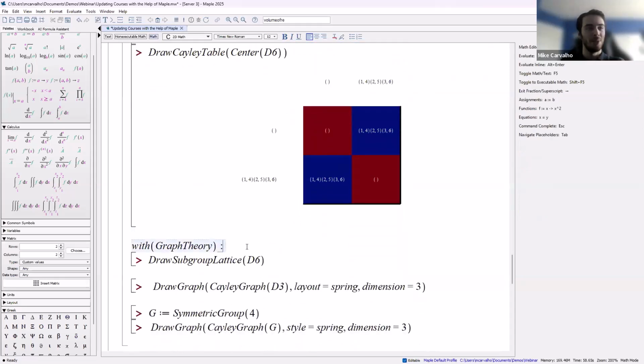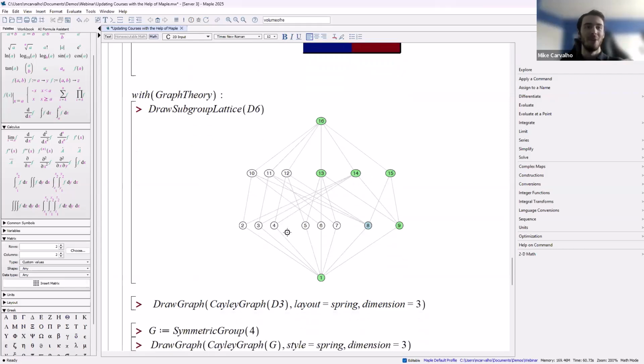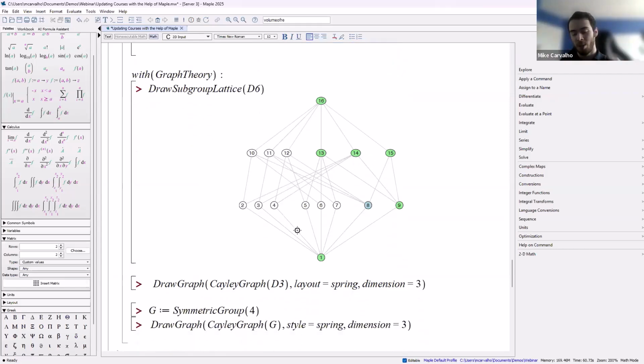Again, there's lots of very useful commands for all the corners of mathematics. And this one here, we can look at the entire subgroup lattice. And it's all organized in a way to present as much information as possible, right? This is software designed by mathematicians for mathematicians, right? So in the different layers, you have the different conjugacy classes, the different colors representing different information.